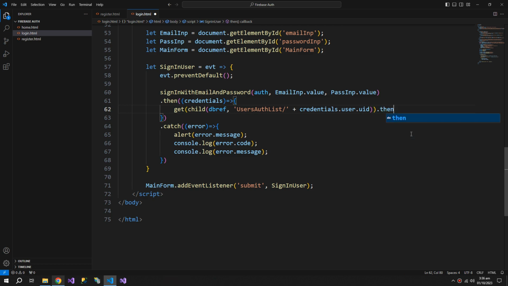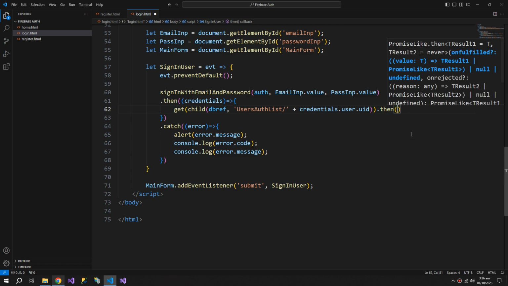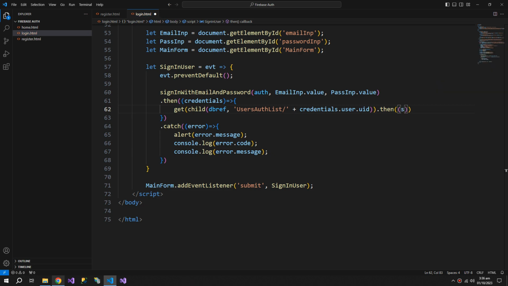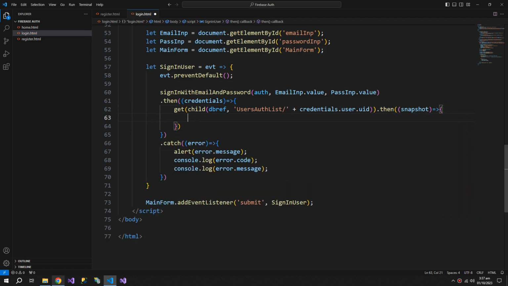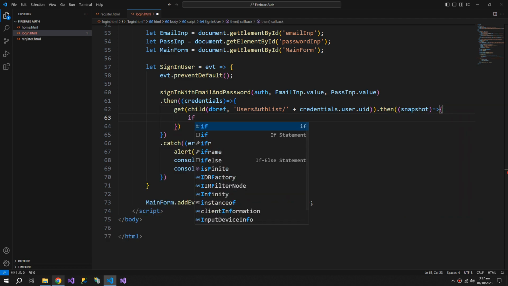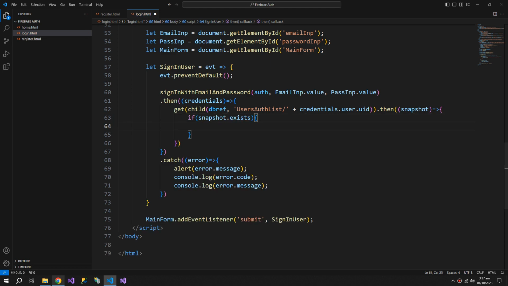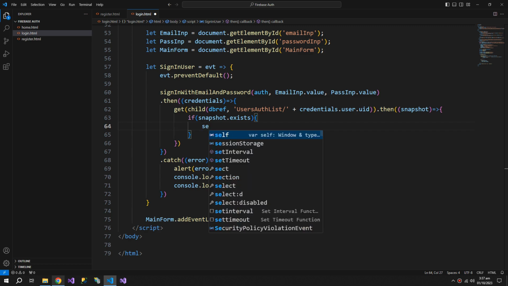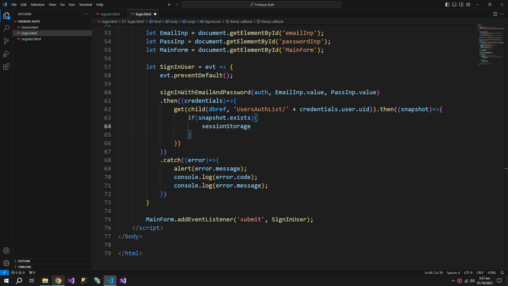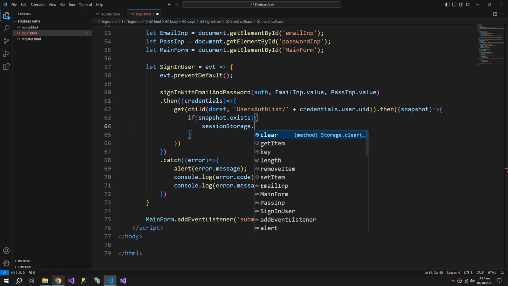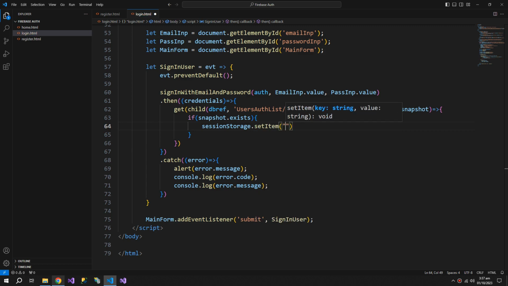So dot then, and this also requires an arrow function snapshot. So if the snapshot dot exist, then set the session storage. You can also use the local storage if you want a user to be permanently logged in, but for me session storage is alright. So set item user info,